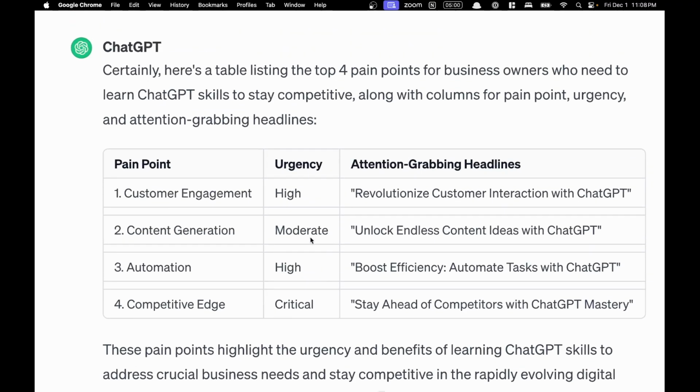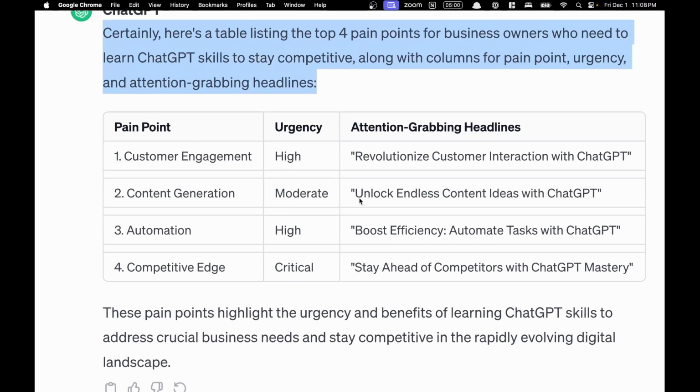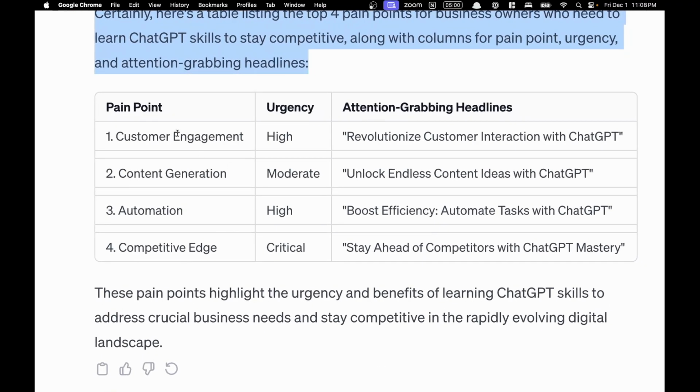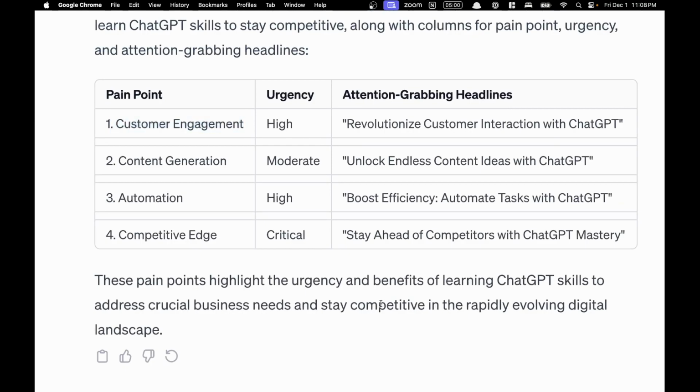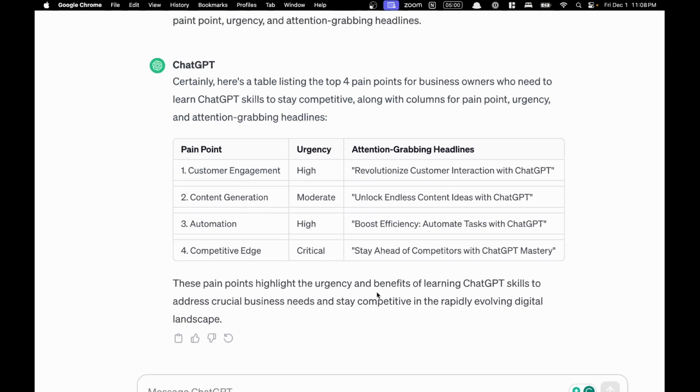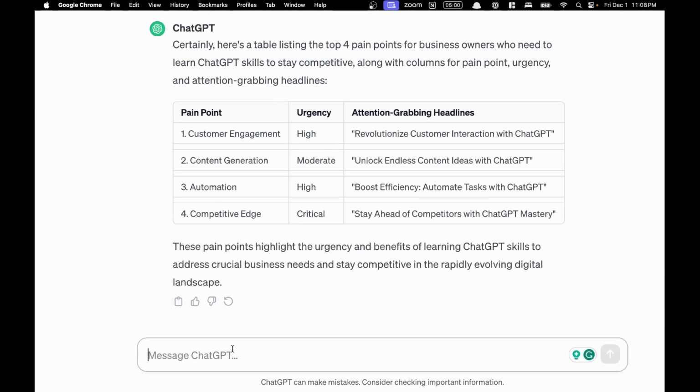And look, it says, now it does this whole searching list, gives us like a little prompt like, hey, I am happy to do the job for you. We don't really care. Just give me the work. So here it gave it to us in a table. Pain point, customer engagement, urgency, high, medium, critical. They're not really relevant looking at this. I'm going to be like, no, ChatGPT, no. Not what I was looking for. This is for a course on how to learn ChatGPT for business.